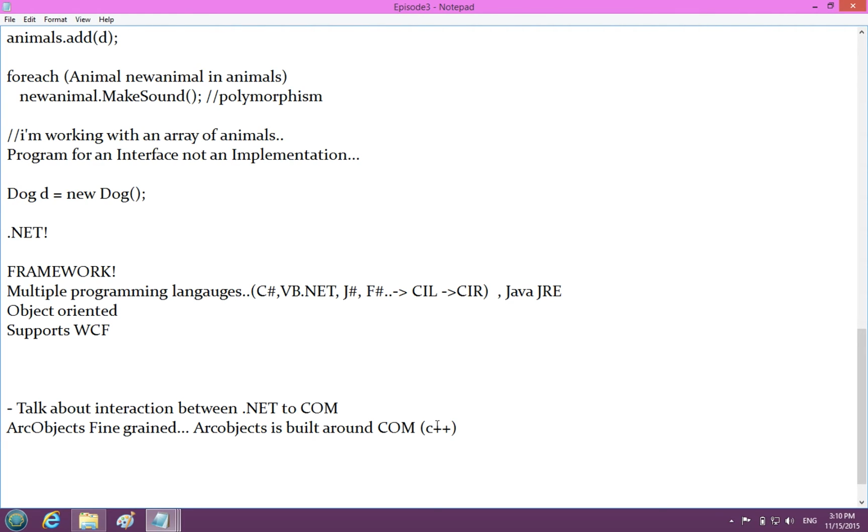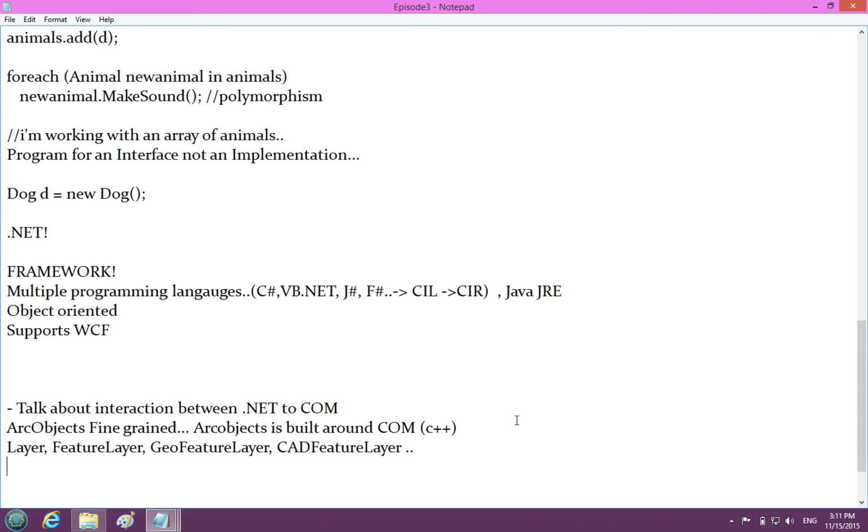All right, so we have that, and we have COM, and if you see any object model for ArcObject, you will see how very finely they are chopped, these classes. There is a class for layer, there is a class for feature layer, there is a class for geo feature layer, there is a CAD feature layer. It's very finely chopped, as opposed to other models like, I don't know if you're familiar with this, Miner and Miner, Schneider